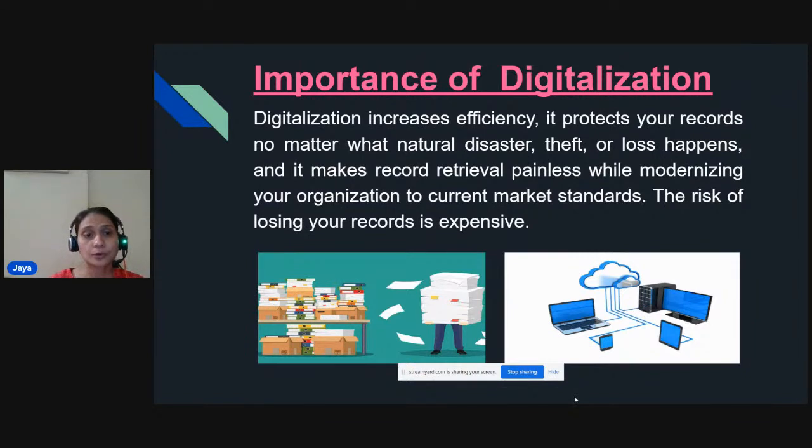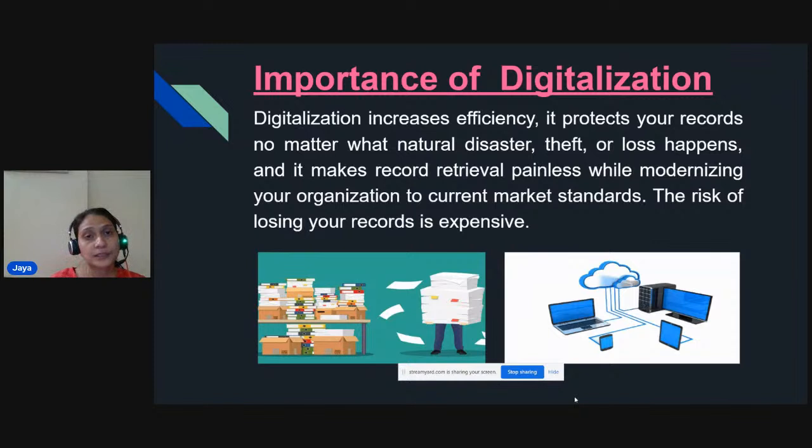Second point: if your document is lost, corrupted, or stolen, you can retrieve those documents on an online platform. But can it be possible in a traditional method? No, we can't do that because we have to start from scratch, from A to Z. But in a digital method, we can retrieve the data and keep it safe in an online cloud. This is not possible if you're using a traditional method in your business.